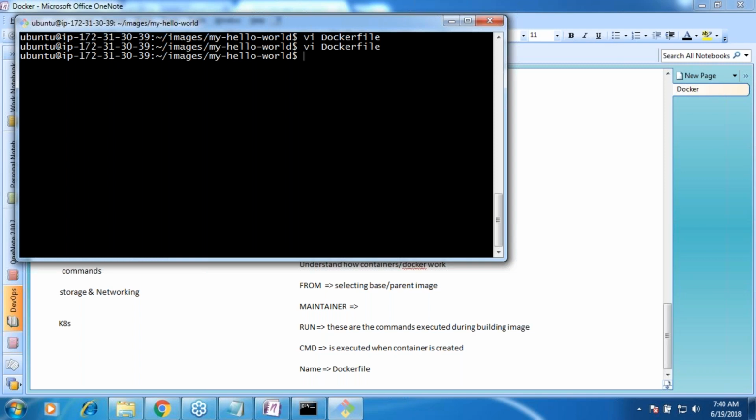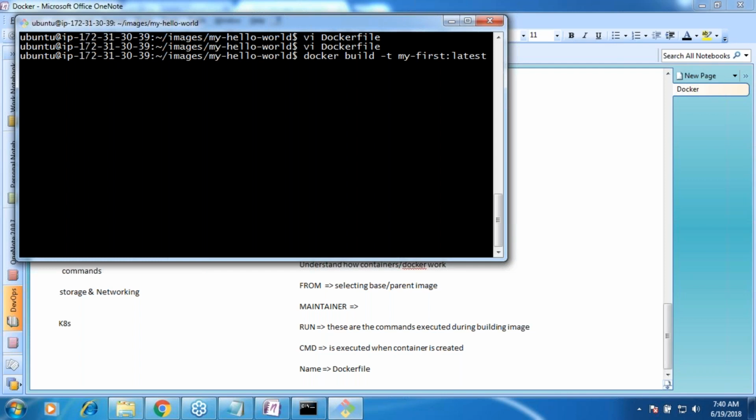So to build the image, the command is docker build, and -t will tell you the name and tag of your container. Name of my container, I want to give it as my_first. And tag, I want to call it as latest. We know what latest is, right? And the next argument which you need to tell is where is your Dockerfile?